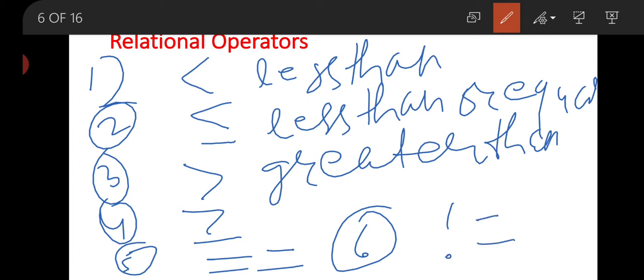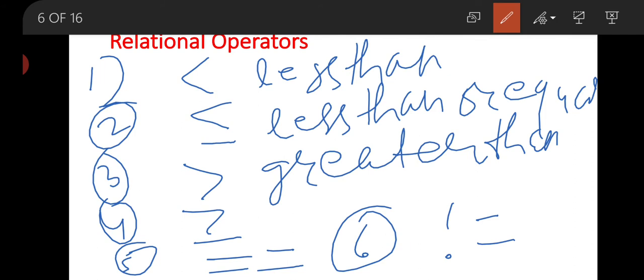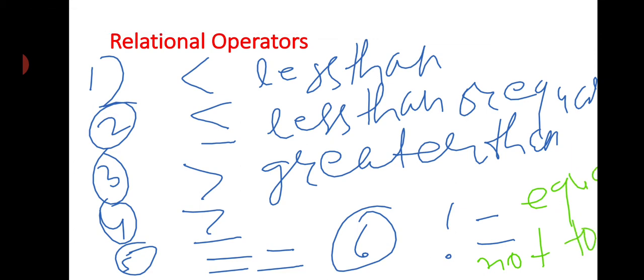These six operators are called relational operators.